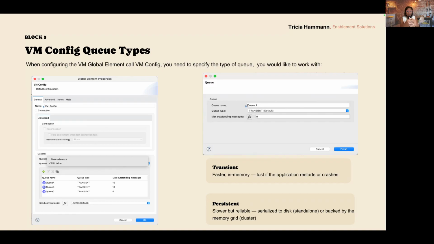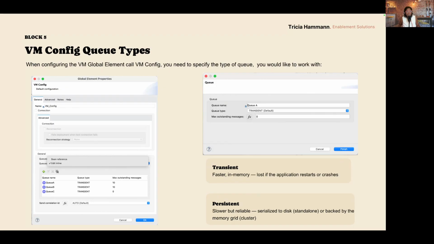A memory grid solves this by replicating data across all the nodes in the cluster, in memory, in real time. So the same piece of data exists on more than one node simultaneously. Why is this important when we are working with the VM connector's persistent queue? Because if a persistent queue in a clustered Mule deployment uses the memory grid, a message published to that queue is not just held by one node. It's mirrored across the application.